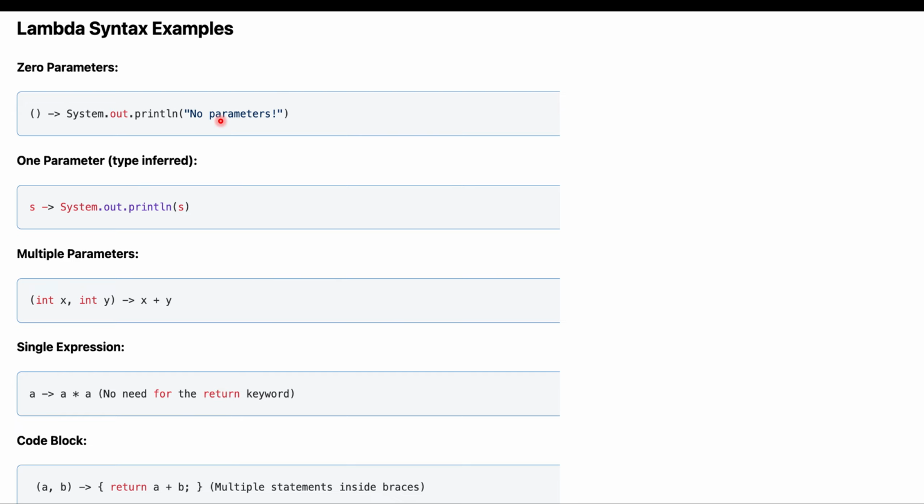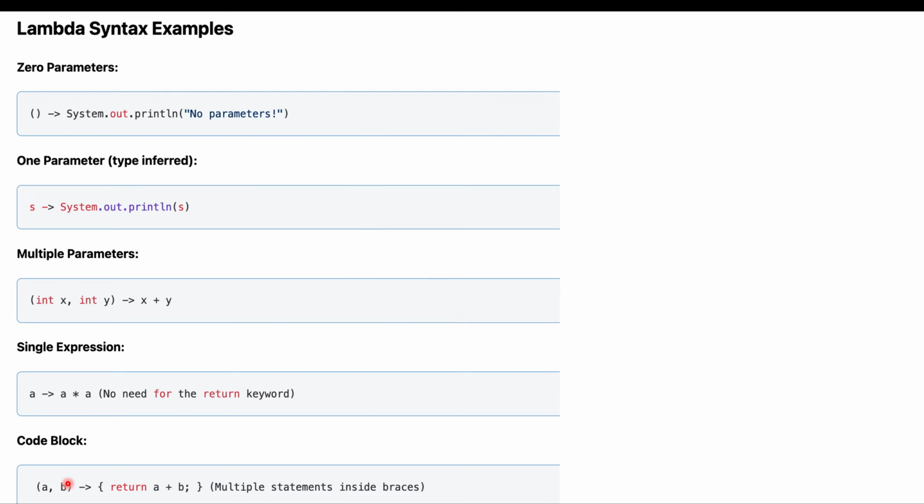Okay, so just try to familiarize yourself with all these syntaxes, then it will be easier for you to learn the Java 8 functionality. And here one important point is how Java is able to identify what type of data we are passing here, what the return type is, how it is going to return, and why we do not need to provide any data type like int x or int y. How is Java going to identify? So basically Lambda expression is going to use the functional interface internally, and using those functional interfaces only Java is going to identify all this information.